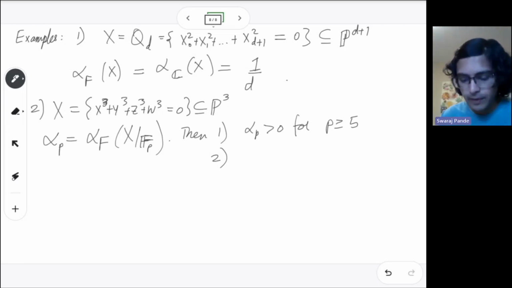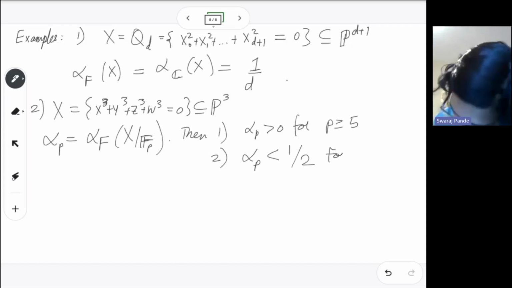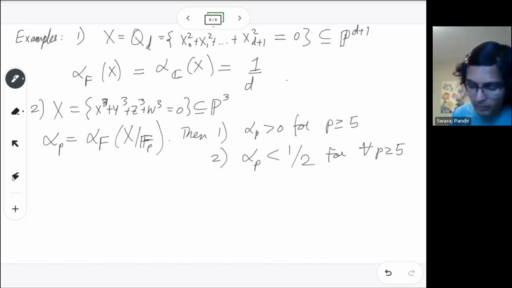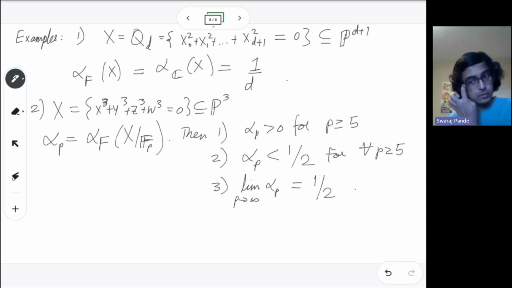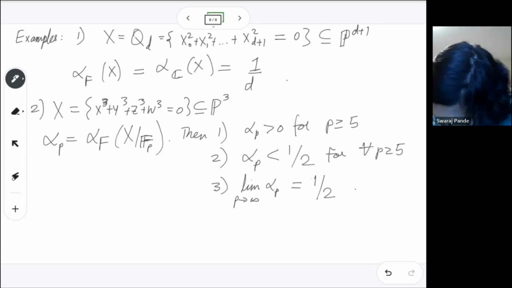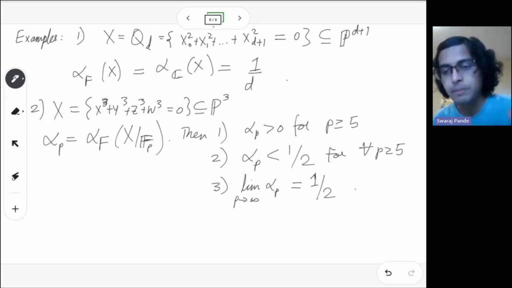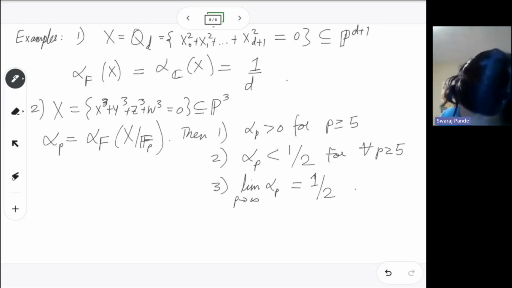We know that alpha p, by the previous theorem, can be at most 1/2, but actually it's strictly less than 1/2 for all p. The third part is that the limit as p goes to infinity of these alpha p equals 1/2. I don't know the precise value, but it's generally close to 1/2 and approaching 1/2. So this builds on, or uses, work of